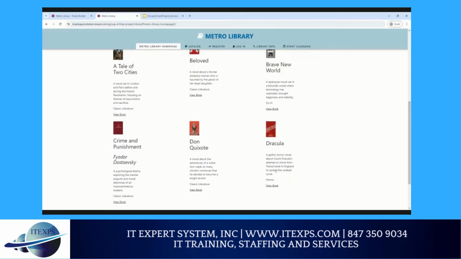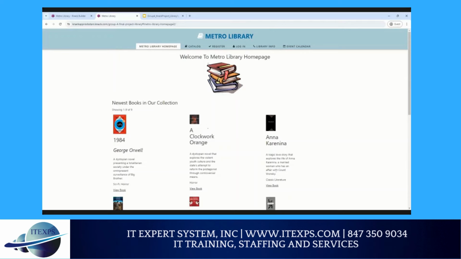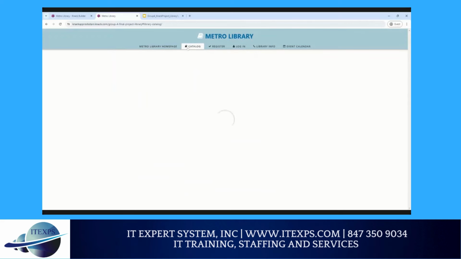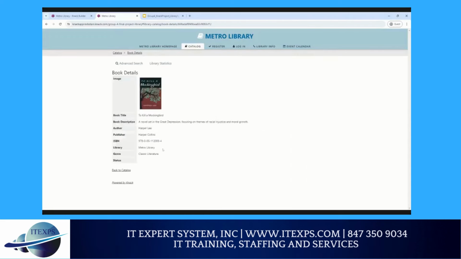Now, to cover a little bit of Metro Library and what it offers, we have a few tabs here to make it easier for the different users. We can jump into Catalog. Inside Catalog, we have the different books that we have to offer so far. We have the image of the book, along with the title, the description of the author, and some details about it. Clicking on one and going to the book detail will give you more refined information on the book you're interested in learning more about.